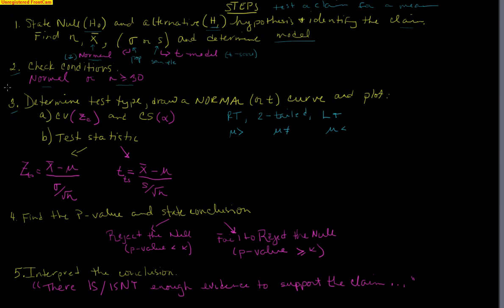Once you've done that, you figure out your critical value, which is the z-score affiliated with your significance level, which is this alpha here, and you're given that in your question, some sort of critical value, critical space, level of significance. If it's not given, the default is always 5%. Okay, and then you're going to plot that on your curve, and then once you do that, you've got to compute your test statistic, which is also a z-score or a t-score,